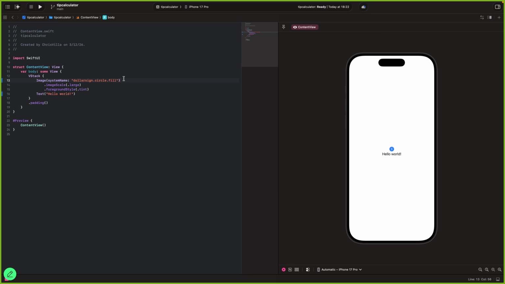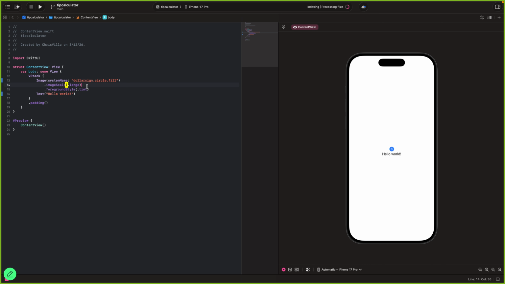However, in this case, the system name, you cannot write whatever you want. You cannot write any word that you want. There are specific keywords that you need in Swift for you to generate this kind of images. If you want to know more about this information, you can look for an application called SF Symbols, specifically for Swift, and you're going to be able to see all of the strings that you can use in order to find the symbol you want.